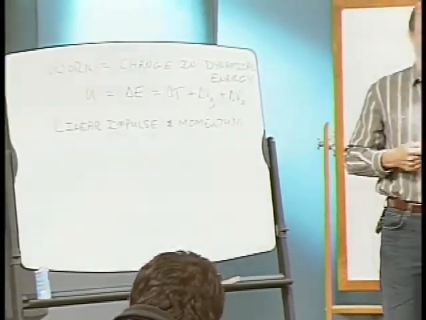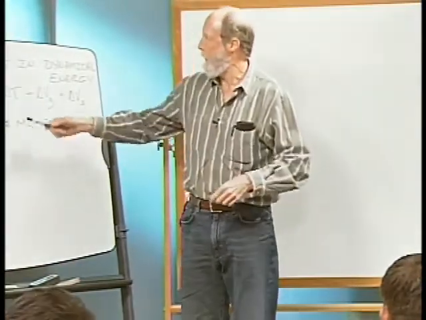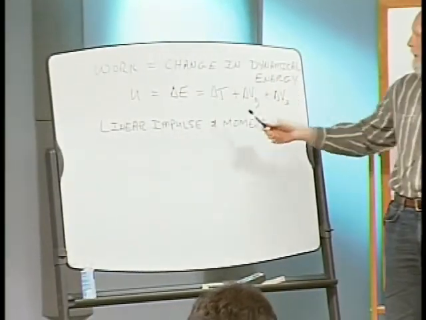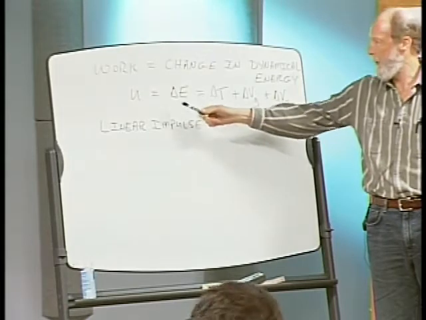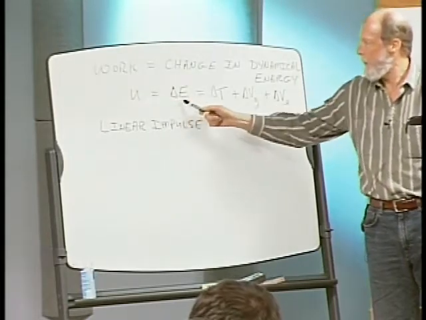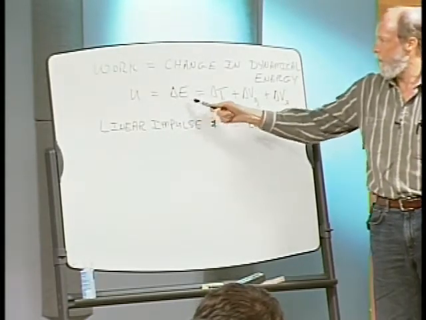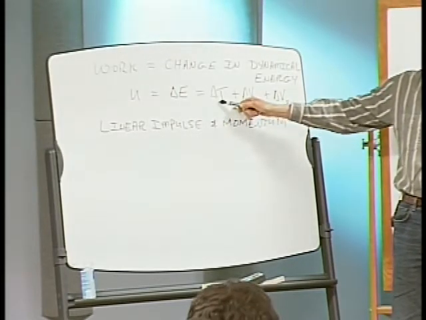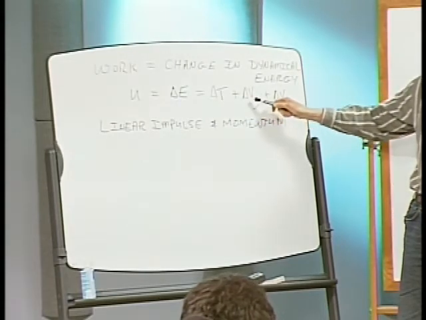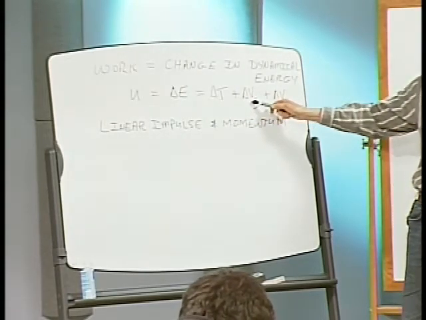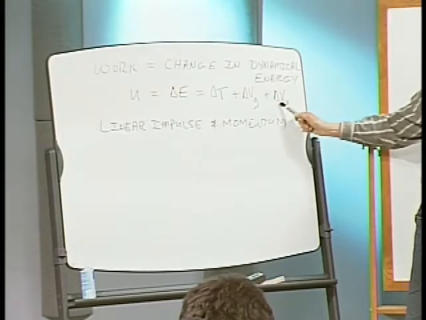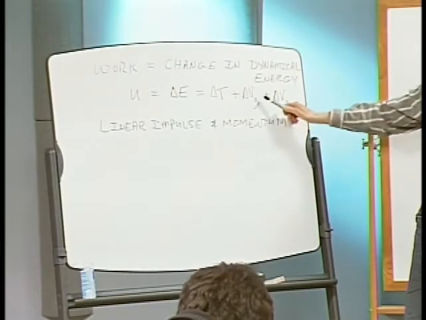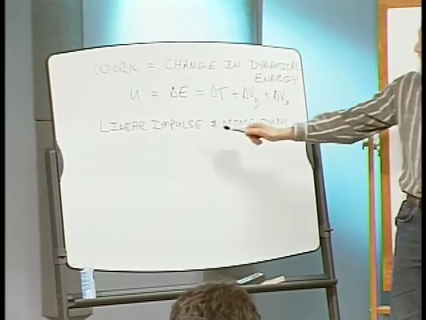Okay, so today we're going to wrap up our discussion about work equals the change in the dynamical energy. As I mentioned a few minutes ago, we were using U equals delta E. Delta E is our change in this energy, which is made up of the change in the energy of motion, the kinetic energy, plus the change in the gravitational potential, plus the change in any elastic potential that exists in the system. And after we've done a problem or two in that area, then we're going to go ahead and